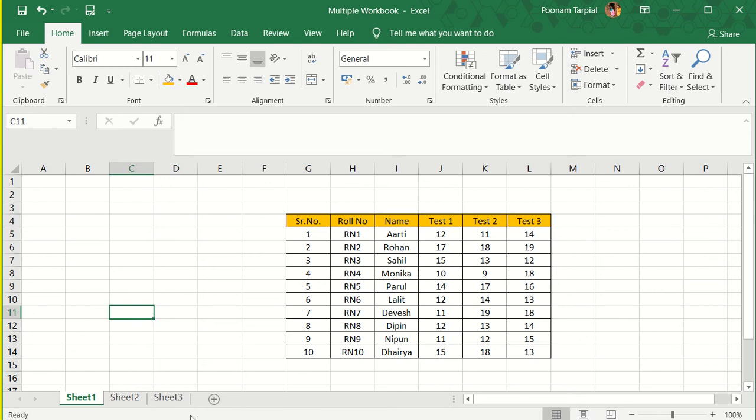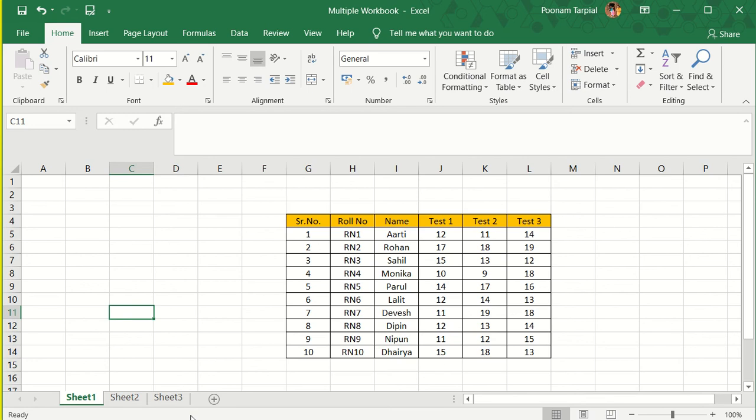That means if your work on every worksheet is the same, then you can go ahead and use this function, and the solution for that is called grouping. So today I'm going to train you how you can group worksheets. That means we are going to group multiple worksheets, and then I'm going to perform my task on it.